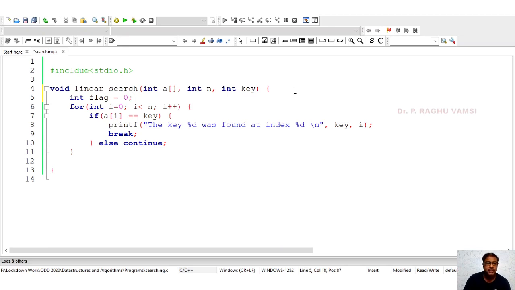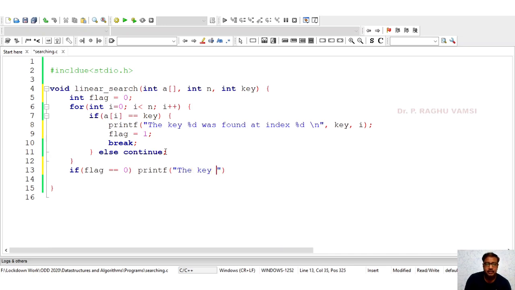So for this, what I am going to do is int flag equal to 0. Now flag equal to 1. So here, after coming out of this for loop, that means the entire for loop is over, but still I didn't find the key. Then if flag equal to 0, then printf: the key %d is not found in the list.